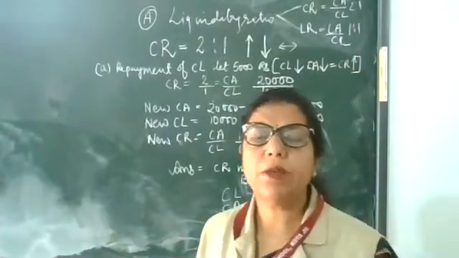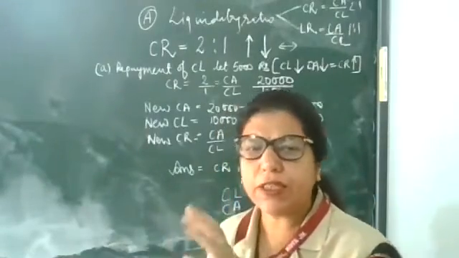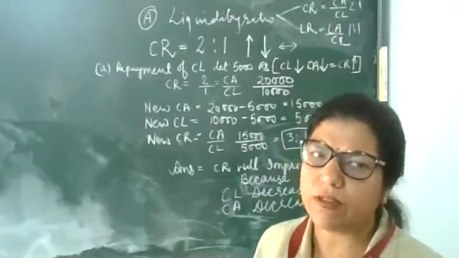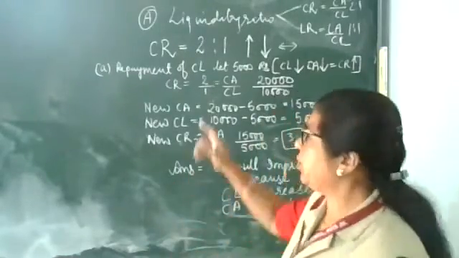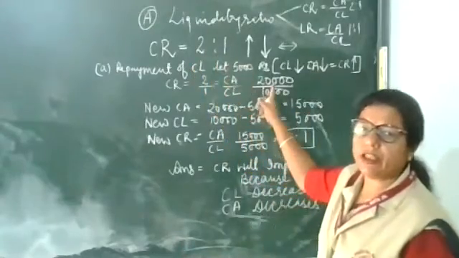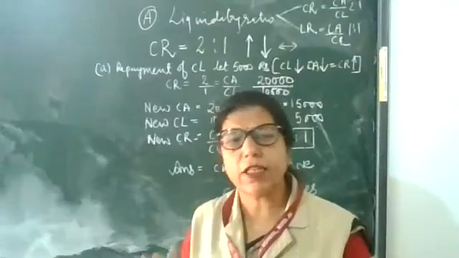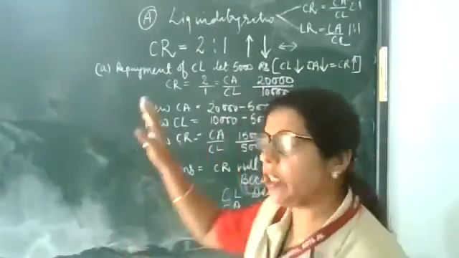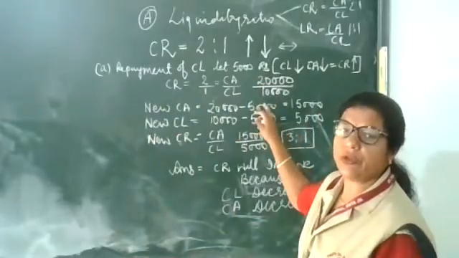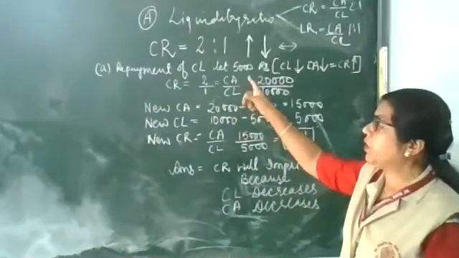Repayment of current liabilities, or payment of bills payable, payment of creditors, in all cases the answer will be the same. The method will be the same. The current ratio is 2:1, that's why we write 20,000 is to 10,000. If that ratio is 3:1 in the exam, don't worry, just write 30,000 is to 10,000.